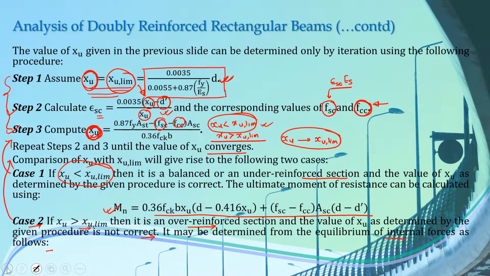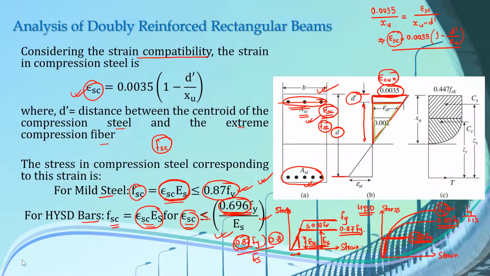So remember, let me just revise from the very beginning. We have to determine the strain level and the stress level in our compression reinforcement. We have discussed the formula here. If you remember, in the analysis of our reinforced beams, first we derived a certain strain diagram, and by using that strain diagram we derived the stress diagram or our stress block here, and from this stress block we calculate the total compressive forces and total tensile forces. Using the equilibrium of those compressive and tensile forces, we determine the value of neutral axis depth, and that neutral axis depth is compared with the limiting value of neutral axis depth to determine the moment capacity of our beams. So we determine the strain and stress level in our compression reinforcement,